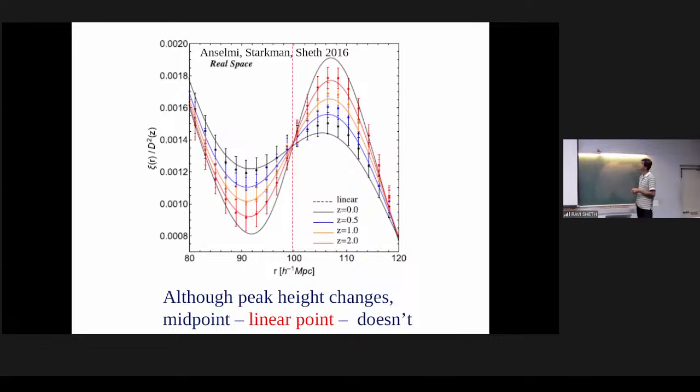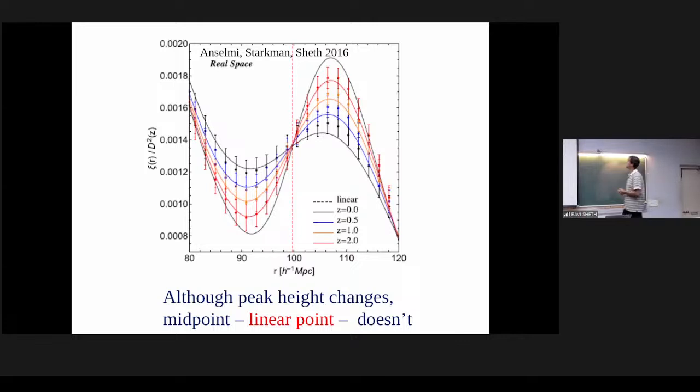So if you do this, then what you see is that the initial correlation function is that one, and as time goes on, it gets more and more smeared out. That's because the things moved 7 megaparsecs, 6, 5, 4. So this is the smearing out of the correlation function as gravity goes on. But what you can see is that when plotted this way, the point that is in between the peak and the dip, it doesn't change. That position is pretty stable.